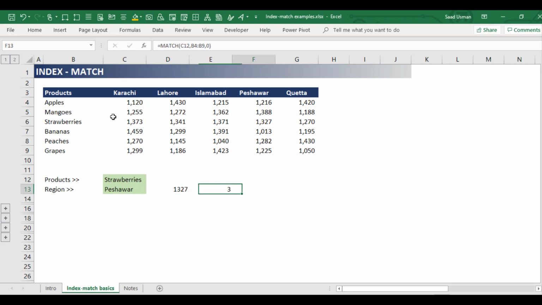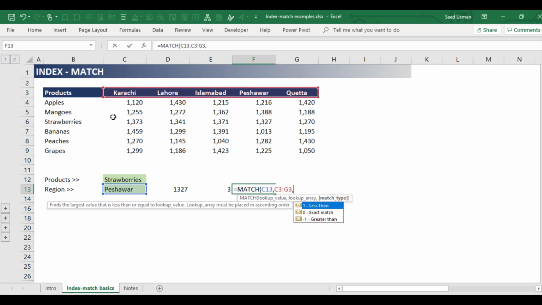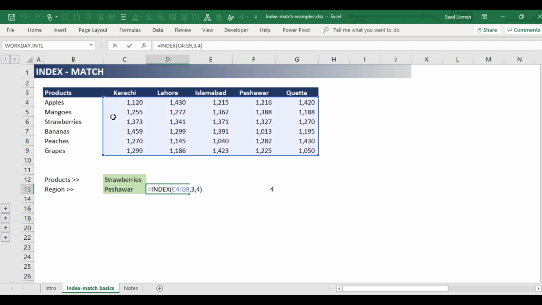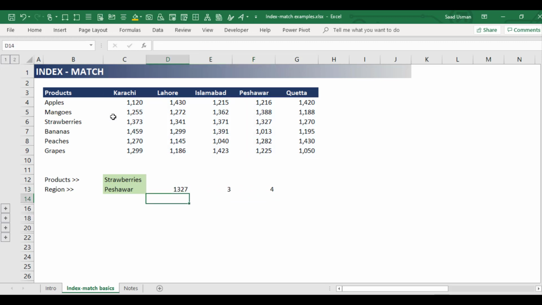Similarly, I can find out the relative positioning of the region Peshawar in the range of regions, and then I will again select 0 for exact match, and Peshawar is at the 4th position in the range of cells. And then in this case, I'm going to use a second index formula where I can apply the index and match together. So index,